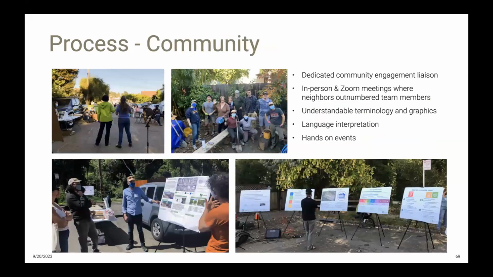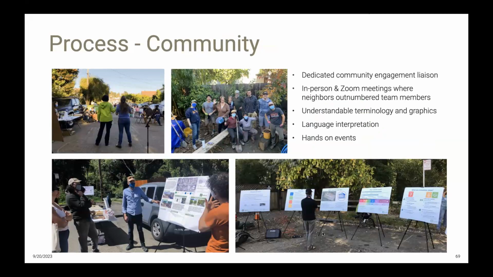In terms of outreach and engagement in our work with the community, the block's leadership gave us some great advice on how to best engage with the participating neighbors. We limited the number of team members present at any one meeting. We developed clear graphics, avoided jargon, and provided interpreters to make the meetings and their content accessible.